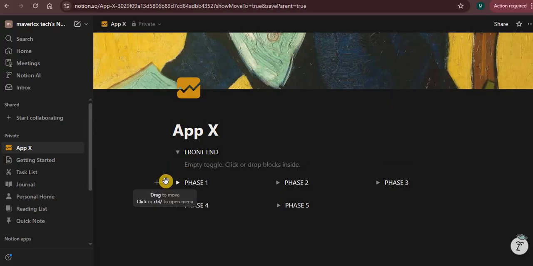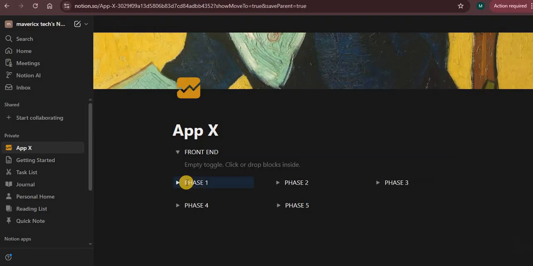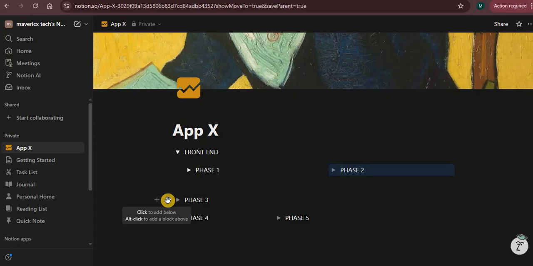Now what you need to do, you basically have to move everything inside. So it's always good to create this one first before you move everything, so that when you move this, okay, so Phase 2, do the same thing you did so that it's more organized. Move it here,